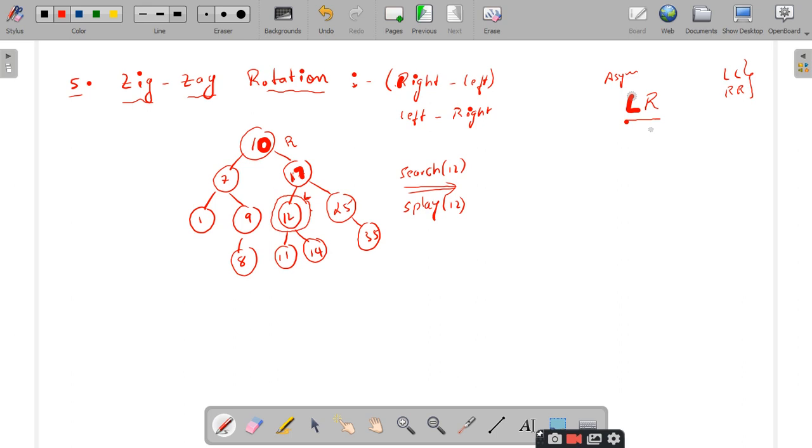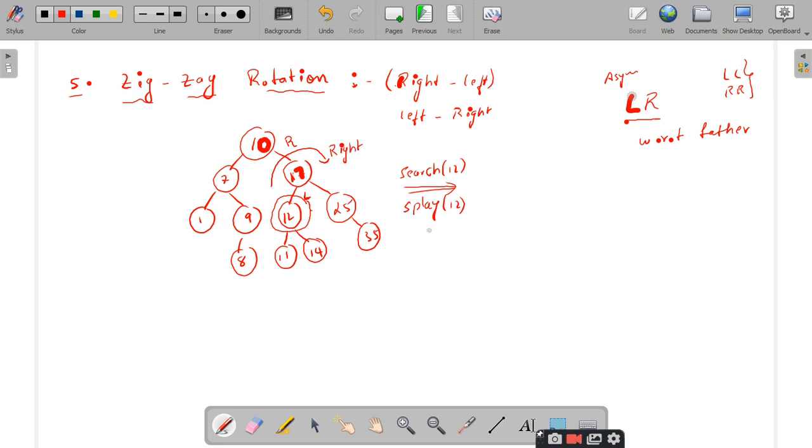So in such a case, rotation is always required with respect to the parent. In this case, you have to rotate with respect to the father. Listen carefully, don't get confused. The 12 is placed as the left child of 17. So what rotation do you have to perform?